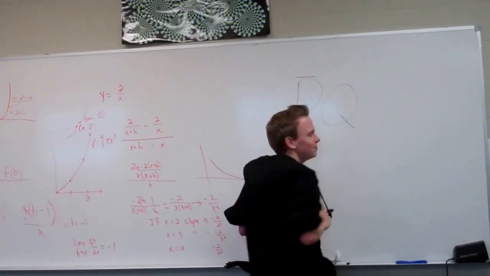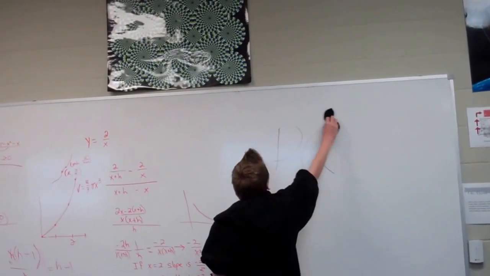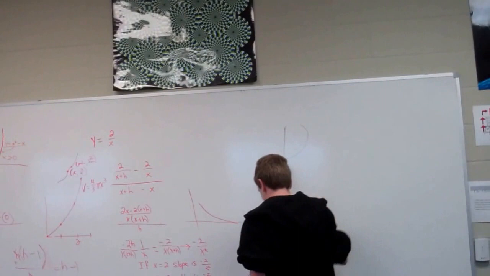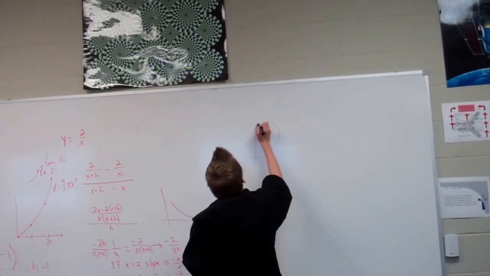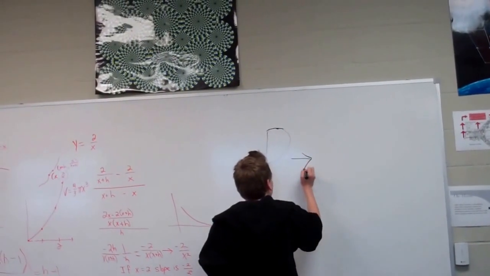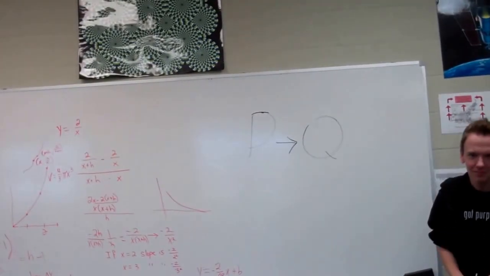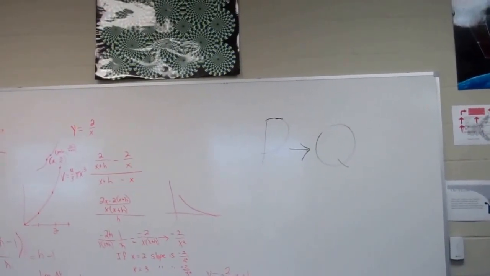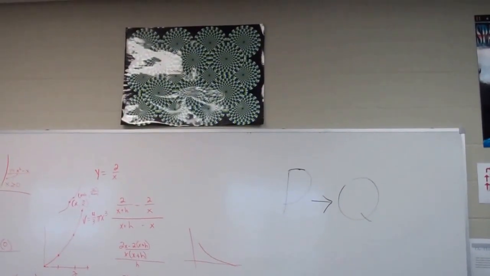I like that arrow between the P and the Q. That's nice. That stands for if P, then Q, or in this case, if two lines lie in the same plane, then